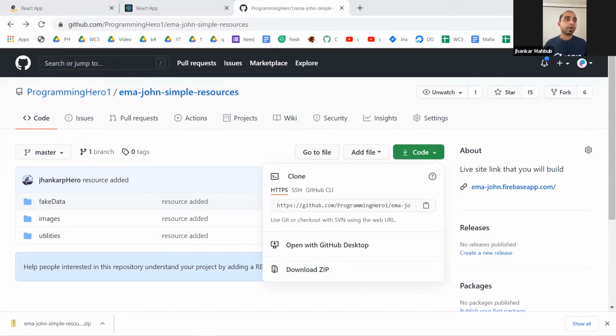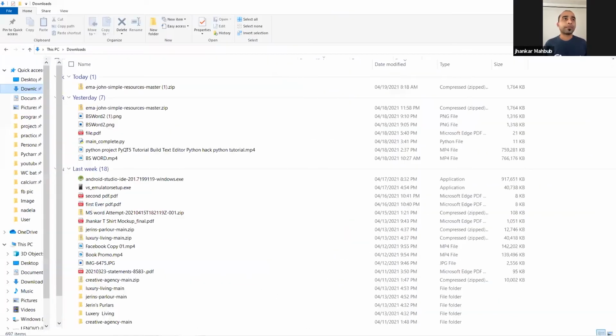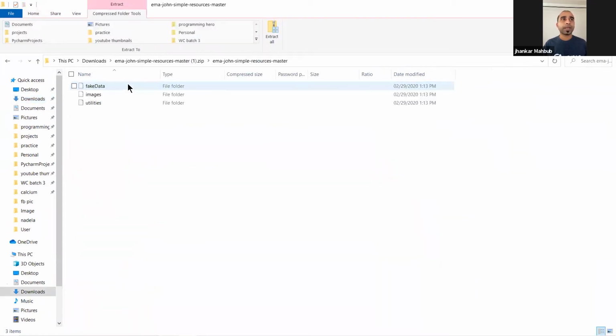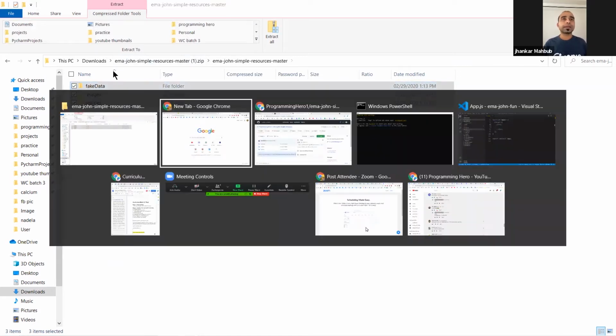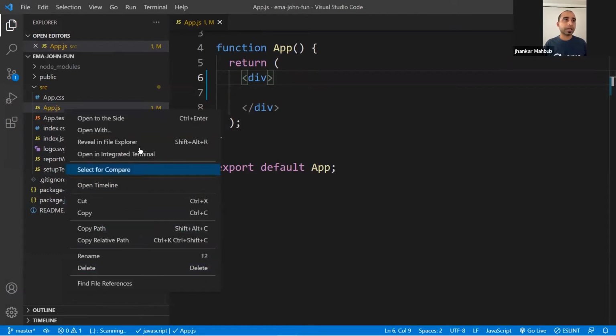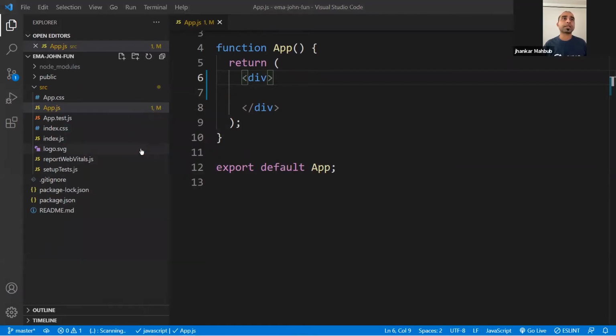And for now, what we have done is create some fake data for our purpose. And the files that I just downloaded from GitHub are here. And you can take all these 3 folders from here and come to your project. So right here, you can right click on it, and you can get a reveal in File Explorer.